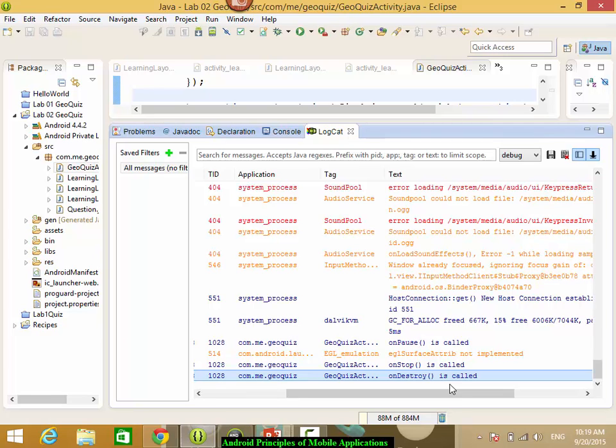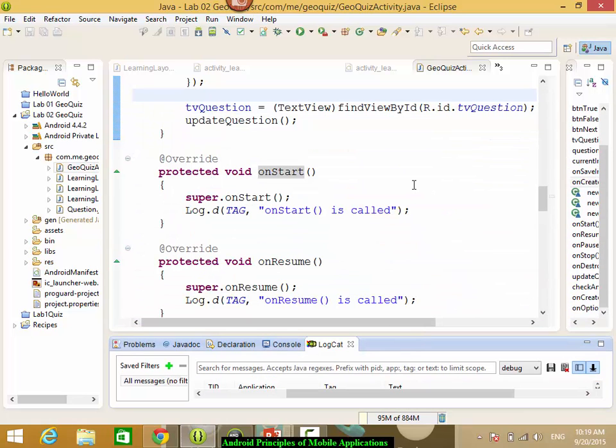Okay? So we need to learn how to override them. Not just this, we will not allow the Android to just destroy our activity without telling us. This is the reason. We want to properly close our application or properly put it on pause so that it can come back again. So these are the 3 methods we have to override. So I did this,